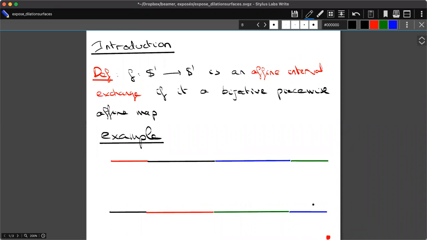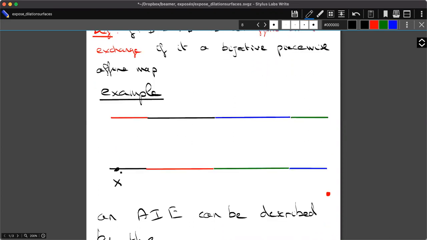You're supposed to think that the bottom segment and the top segment are two copies of the same interval, and thanks to the picture, I will give you the image of a point under the map F in question. You start on the bottom with a point X, and you look at where X is projected on the top one, and you map it according to the pattern given by the colors and the dilation given by the colors. Here, for example, this point will correspond to this point, and the map from the circle to itself is given by such a procedure.